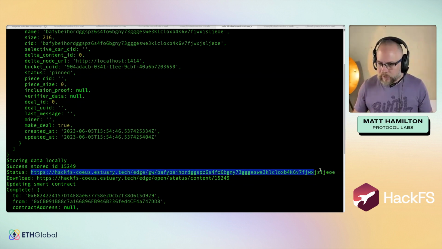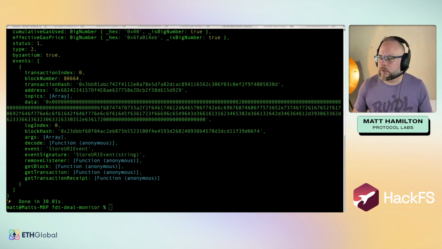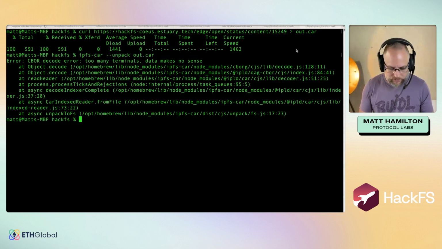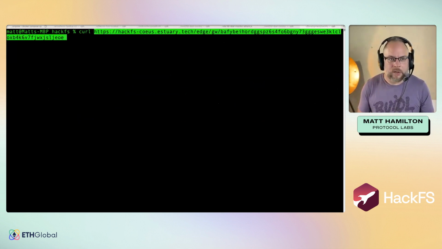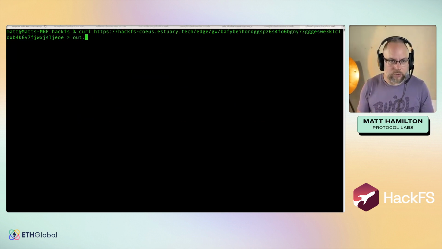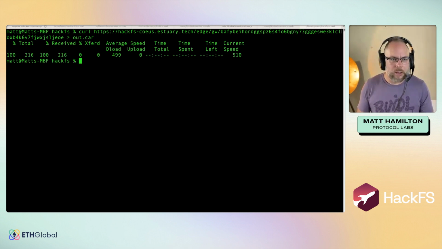So that's just the wrong way around. Where it says status and download, those two labels are back to front there, so I need to get those changed. But we can still fetch the data. Let's try this again here. Curl, fetch that data, out.car, and then ipfs-car unpack